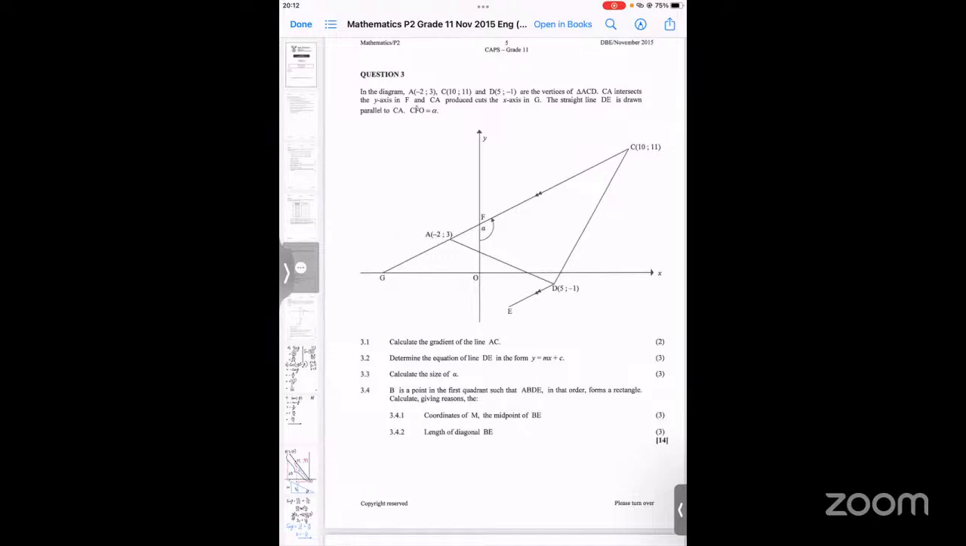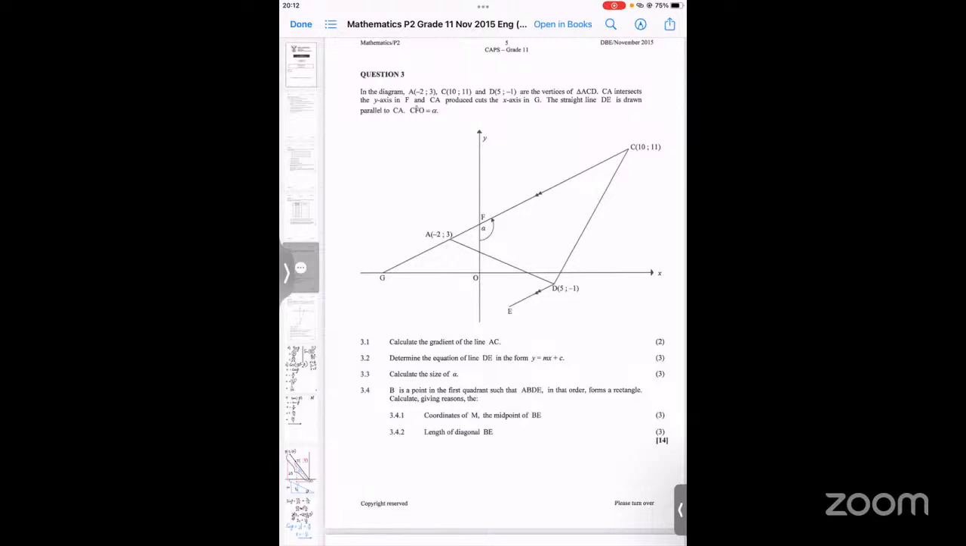So it becomes 2 over 3. Yes, the answer is 2 over 3. That is correct. Okay, now they say 3.2, determine the equation of line DE in the form y is equals to